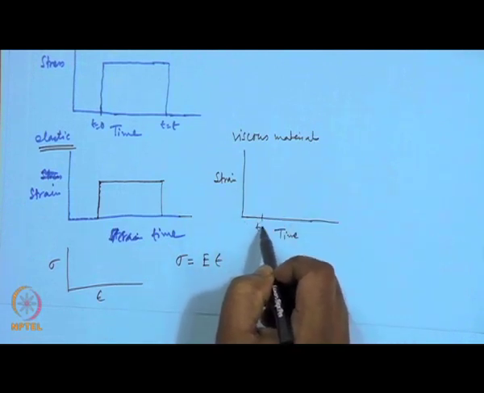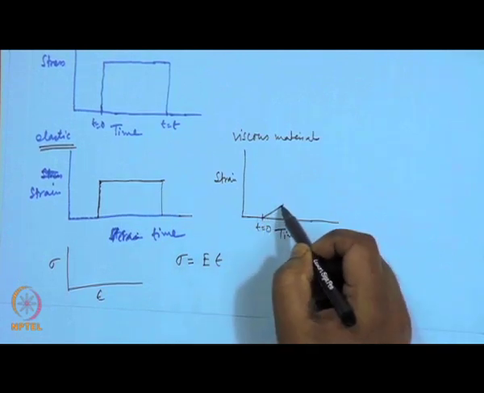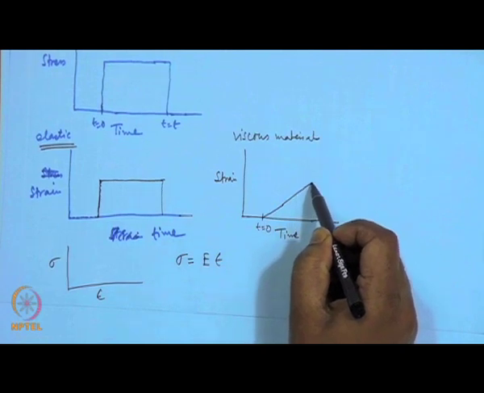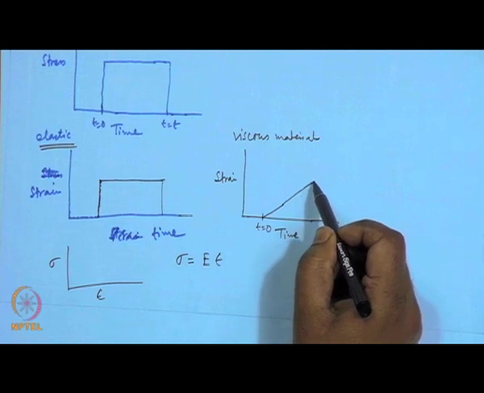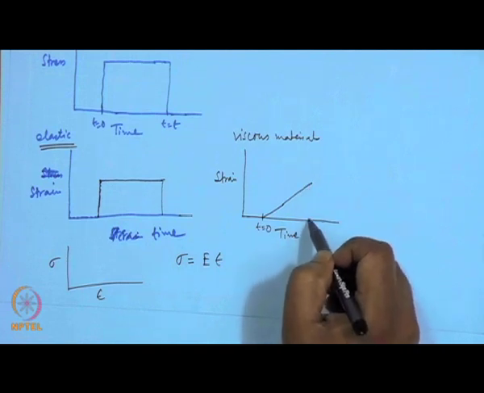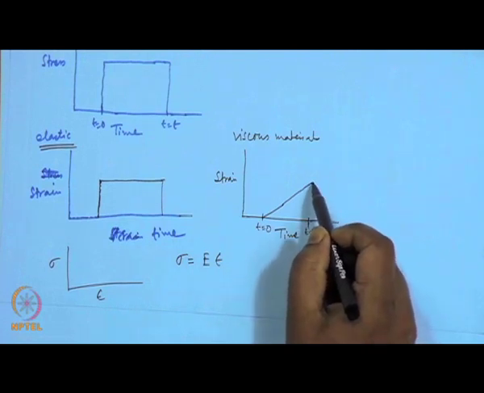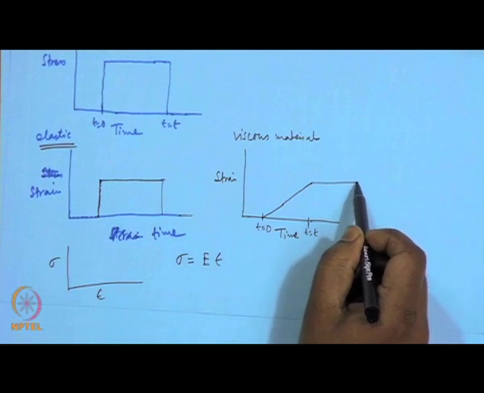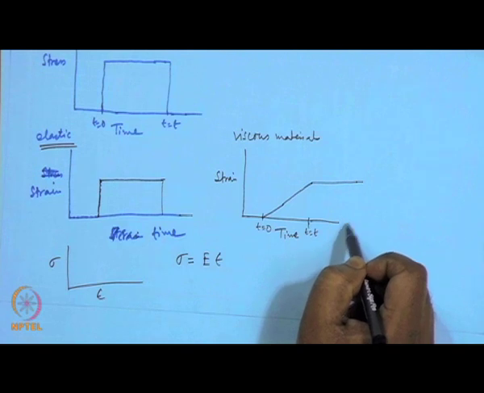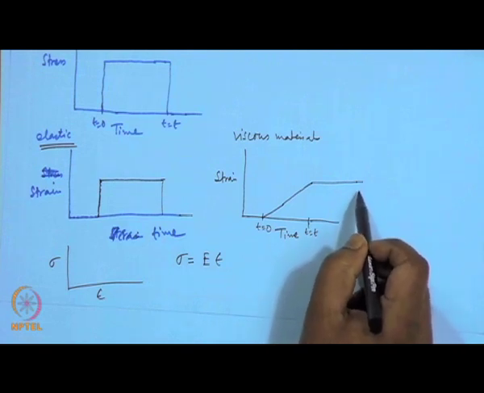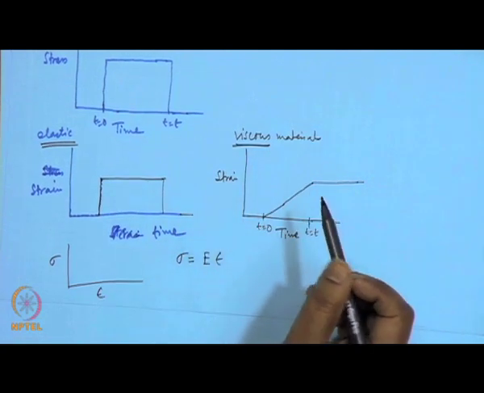At time t0 it will start straining, and as long as load or stress is present, it will continue to deform, and the time the stress is removed, it will remain deformed permanently. Okay. So, it does not come back to the original state, there is not any recovery at all. So, this is a perfect viscous material,